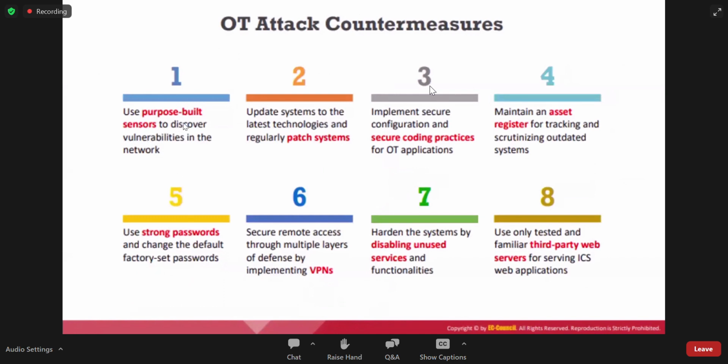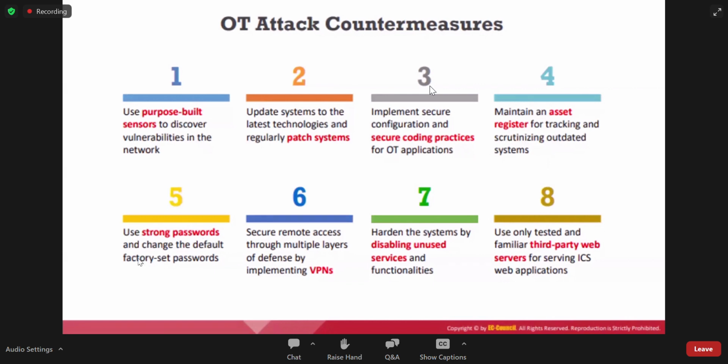Use proper scanners to discover the vulnerabilities in the network, update the systems to the latest technology, and regularly patch systems. Implement secure configurations and secure coding practices for OT applications, and maintain the asset register for tracking outdated systems.